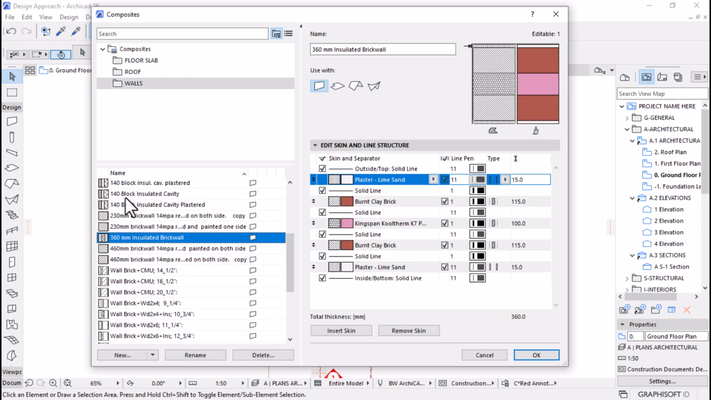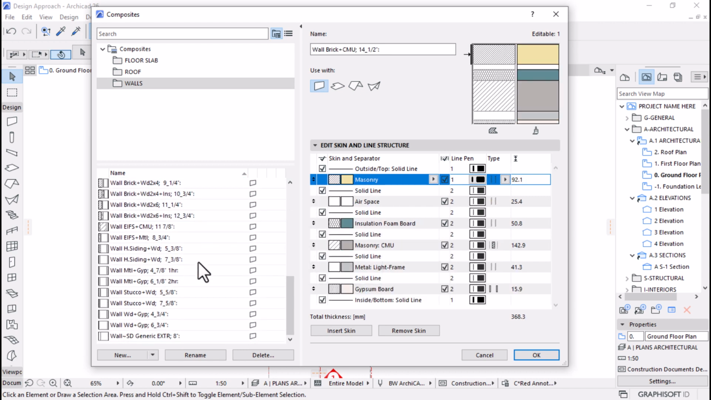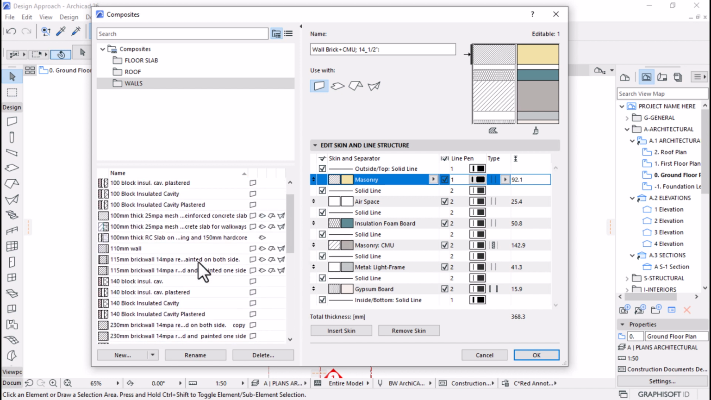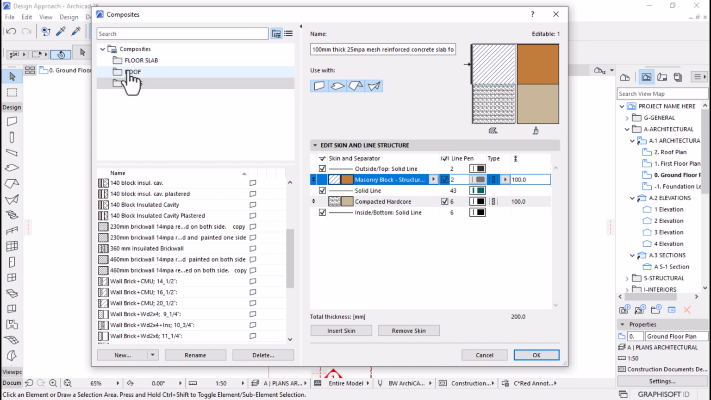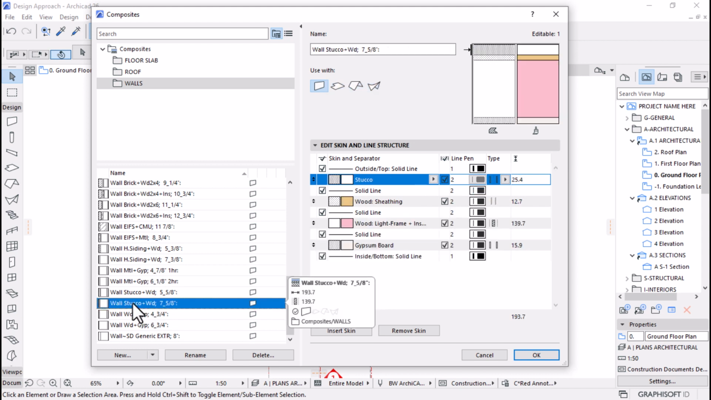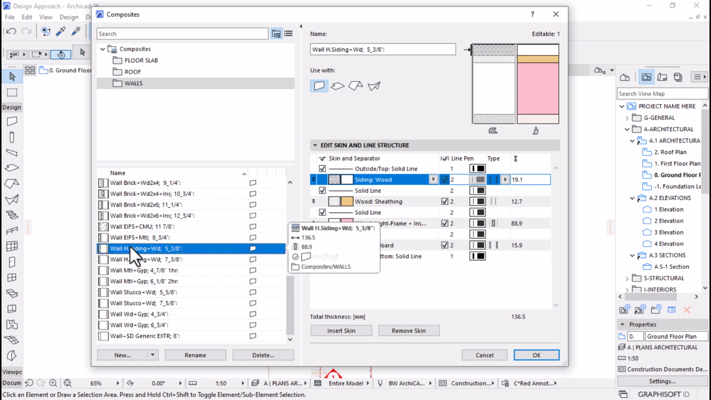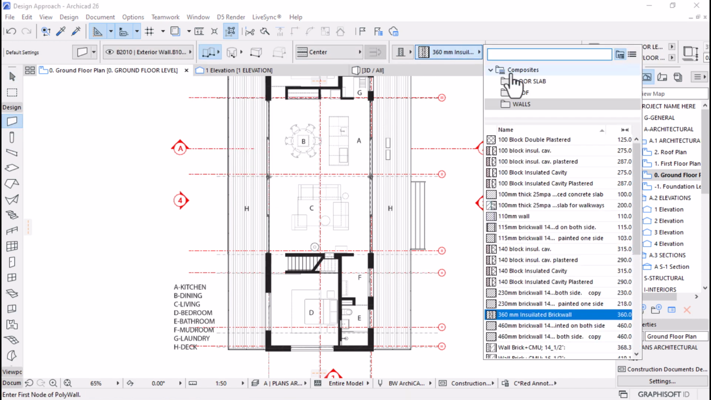Let's check for this one. I think we have, no, we don't have one for timber. We can create from scratch. Let's see, create from scratch. Wall start. Okay, here they are. So now I've seen what we can use. Wall siding. Yeah, let's go with this one, then hit OK. So I need to activate the wall tool. Make sure the